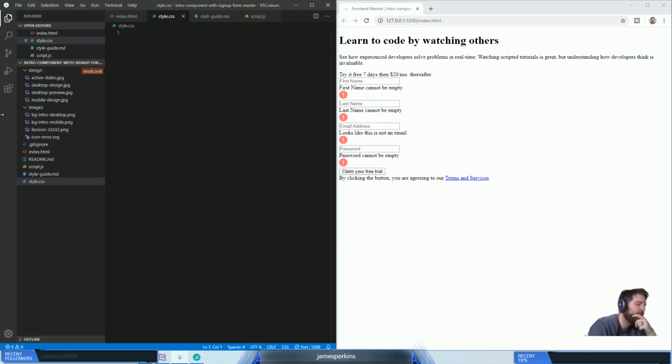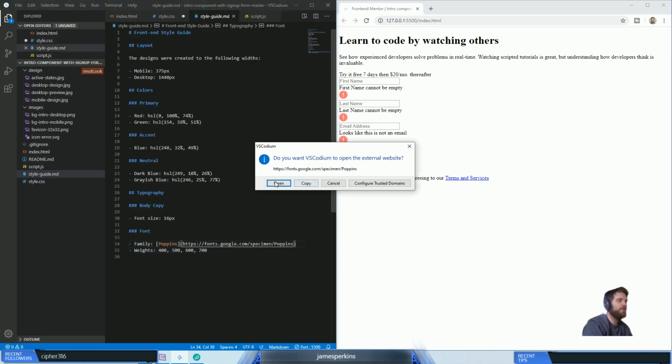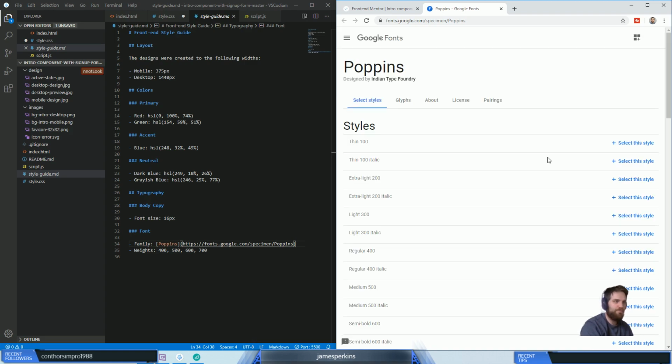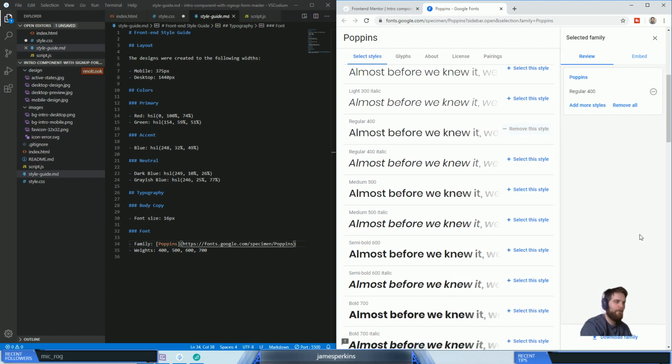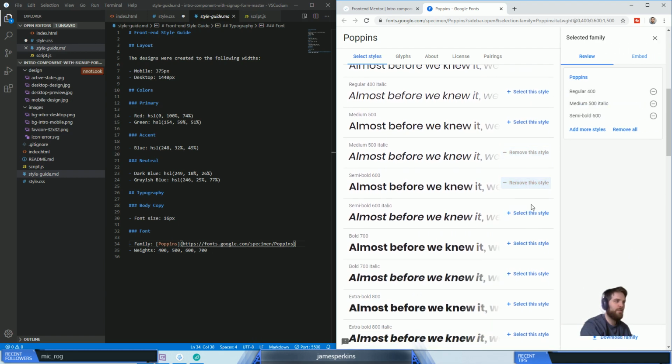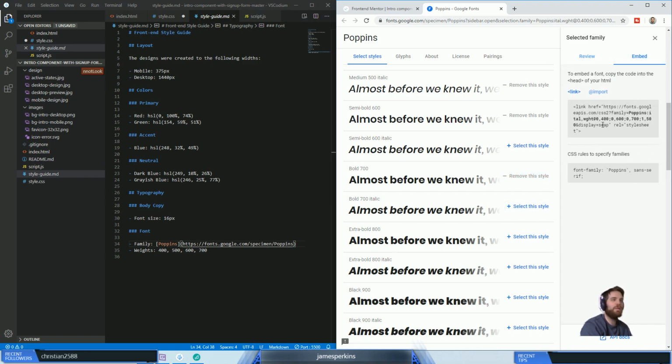It's fine. So to import, we'll do @import url, and then we're going to need whatever it is. Yes, I would like you to open that. We want 400, 500, 600, and 700. So this is an easy way to take that, and then if we grab this,